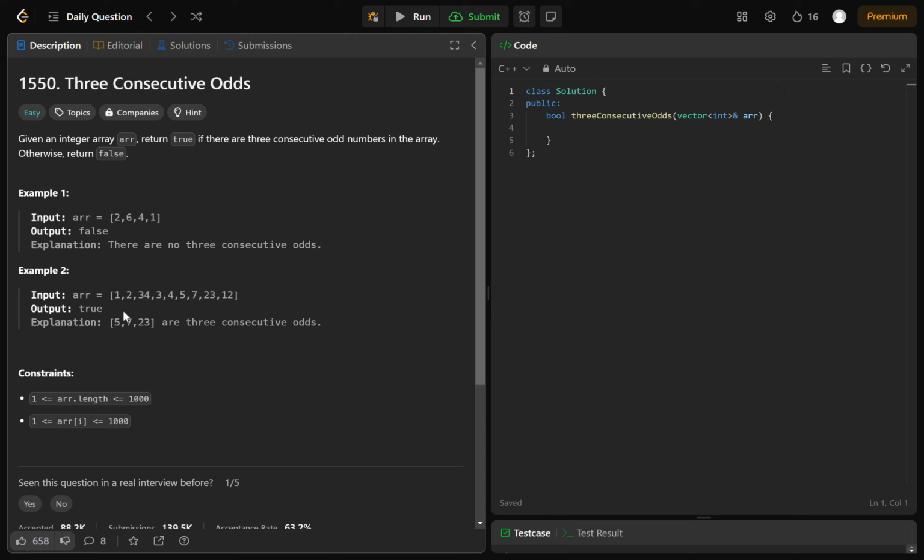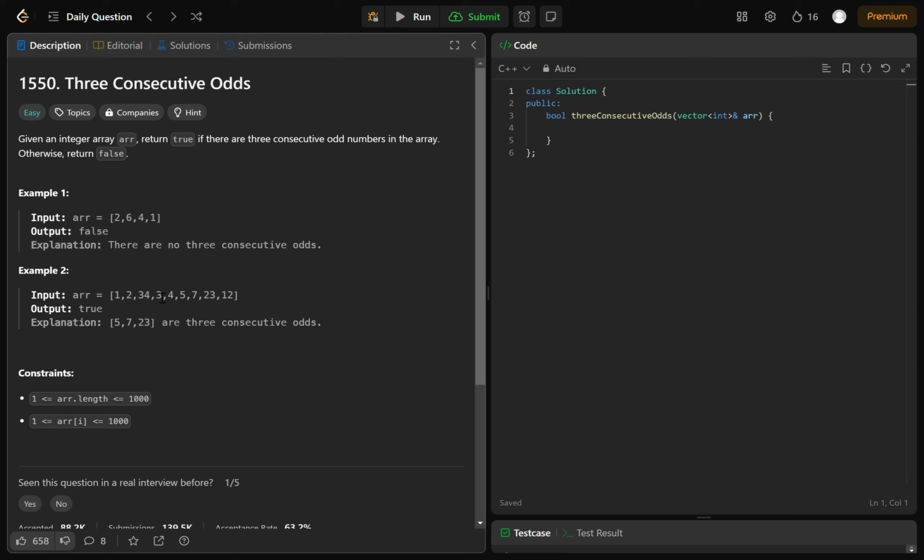So what we can simply do in this question is we will simply traverse from left to right, and we will just update our counter. We will take a variable as odd count, and we will update our odd count as 0 if it is an even number, and we will increment it if we encounter an odd number. Like here it will be incremented to 1, and as we encounter an even number, our counter will be updated as 0, and then again it will be 0, and again when we